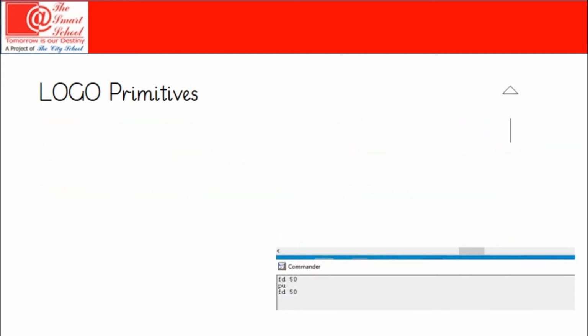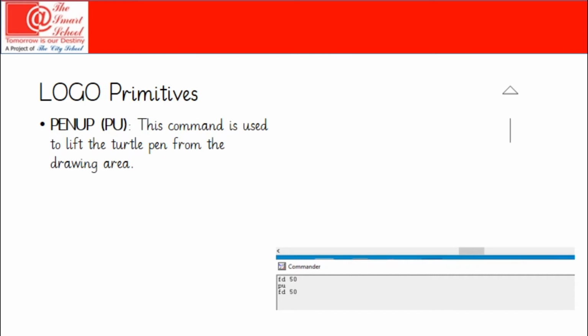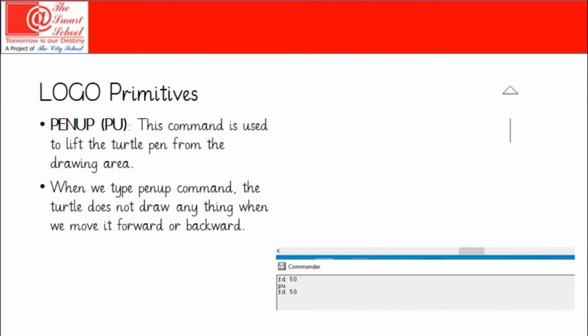Here in this unit, we shall discuss Logo primitives. The first primitive that we are going to discuss is pen up, or PU. This command is used to lift the turtle pen from the drawing area. When we type the pen up command or PU command, the turtle does not draw anything when we move it forward